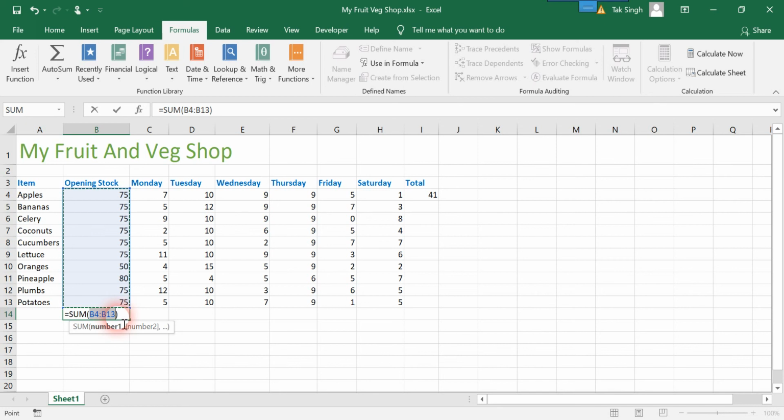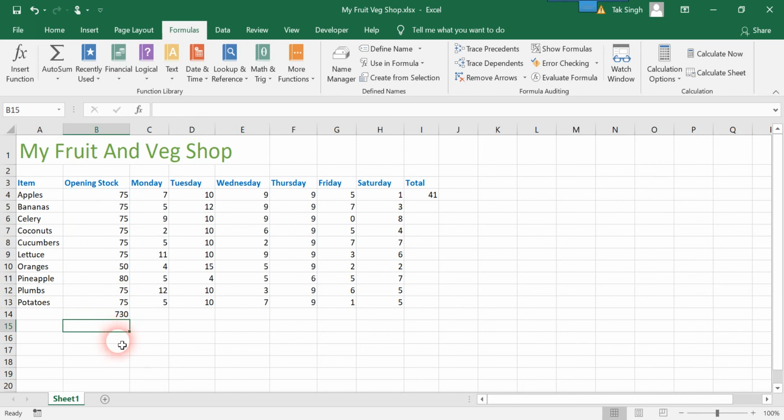So here the range is B4:B13. What does it mean? Starting from B4 inclusive, we go all the way to B13: B4, B5, B6, B7, B8, B9, B10, B11, B12, B13, inclusive of both borders. And when you press enter, boom, the sum of the above column.